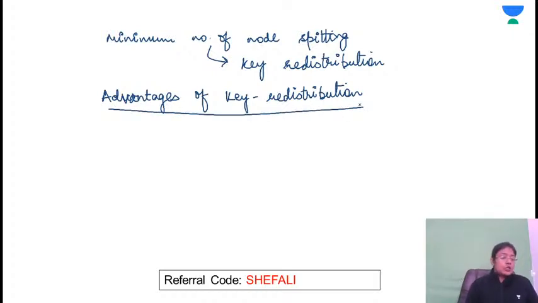What are the advantages of key redistribution? First thing is,